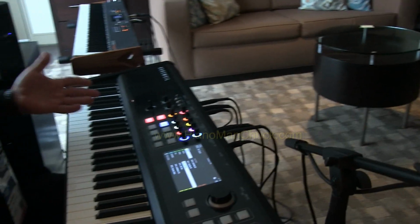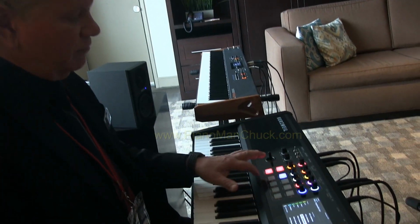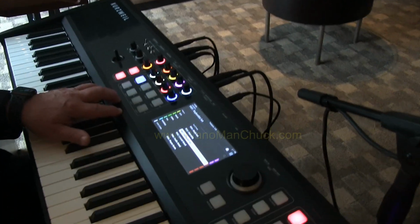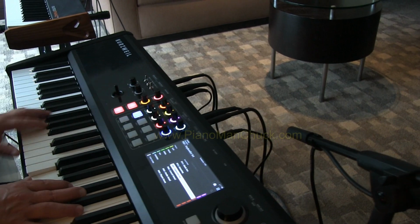One thing they did is every sound has all of the zones, the first 8 zones at least currently, programmed with a sound. So if I'm playing a keyboard sound,